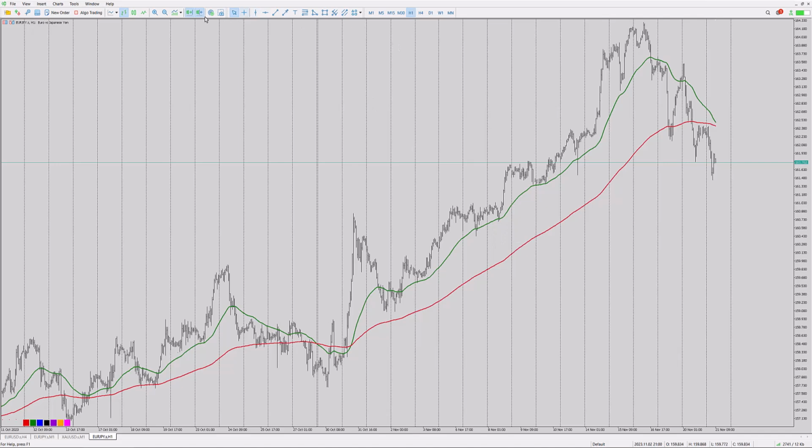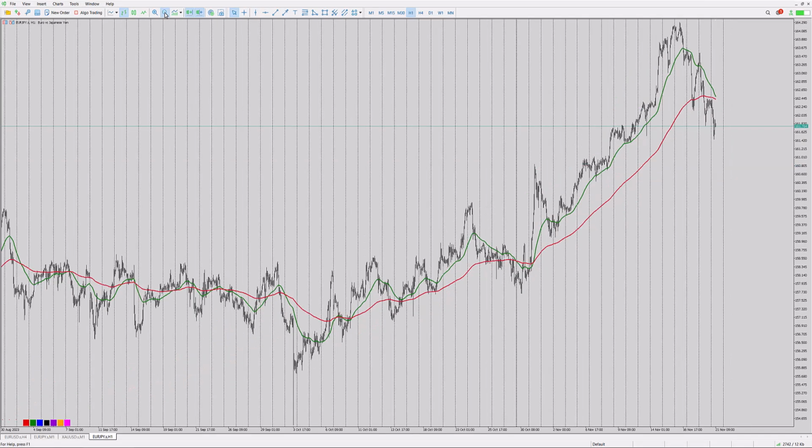But if we zoom out and see a bigger picture, as you can see, whenever the 50 moving average has moved above the 200 moving average, the price has been in an uptrend. Whenever the price has come to the 200 moving average, this area has been a very good support and resistance area, and you know that the market's gonna stop. And as soon as the 50 moving average is above the 200 moving average, you can be sure that the